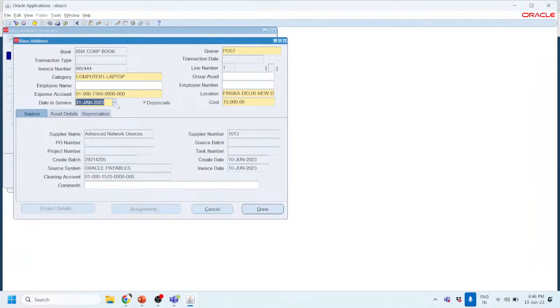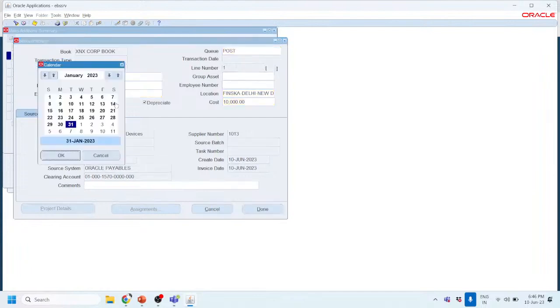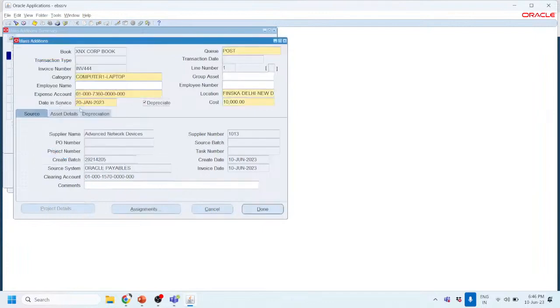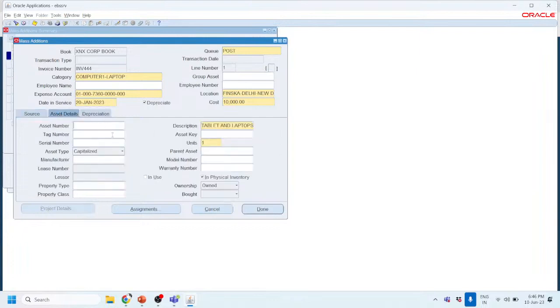I have not created any depreciation and never closed the books. So let us say it is 20th January, place date in service, and you can see the source system is Oracle Payables. And the asset detail, you can provide the tag or you can provide the serial number and the unit. So number of units you can provide, say 10, number of units are there 10,